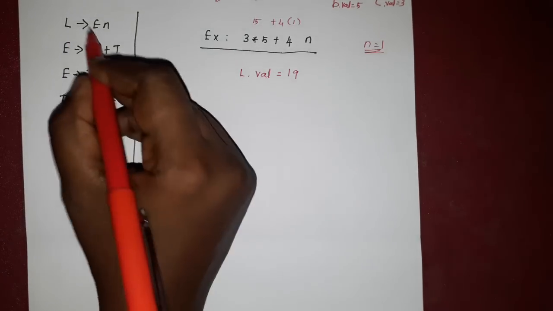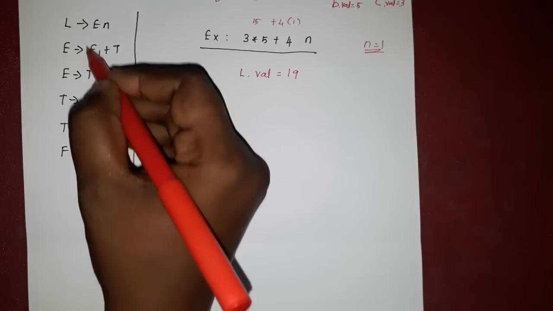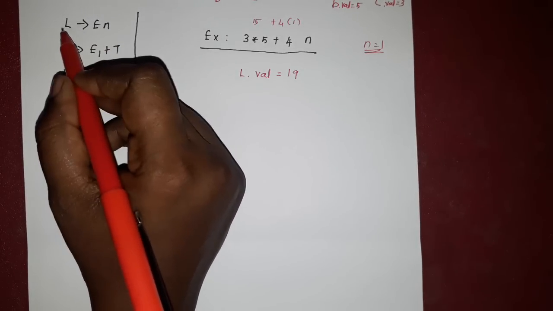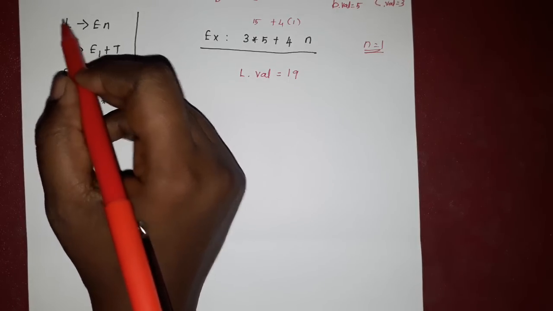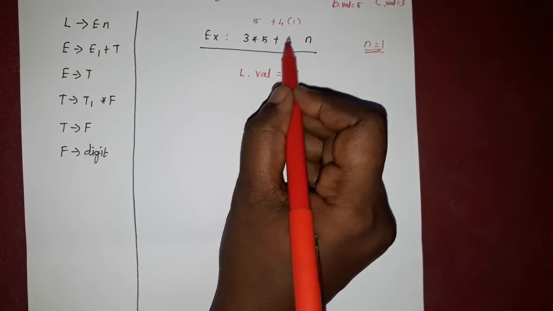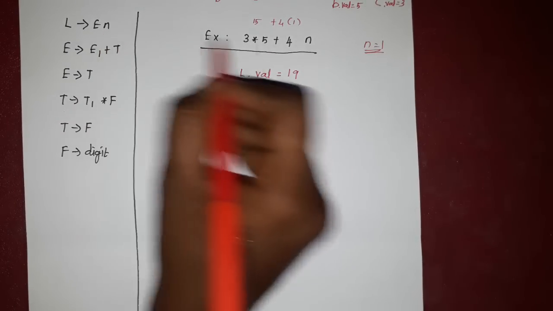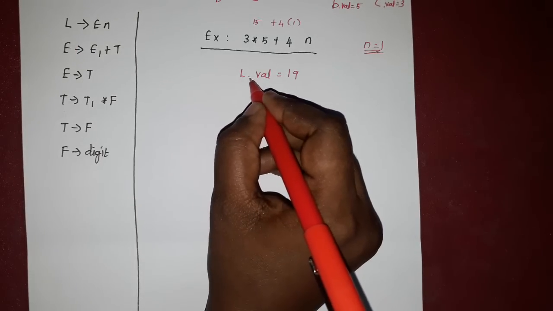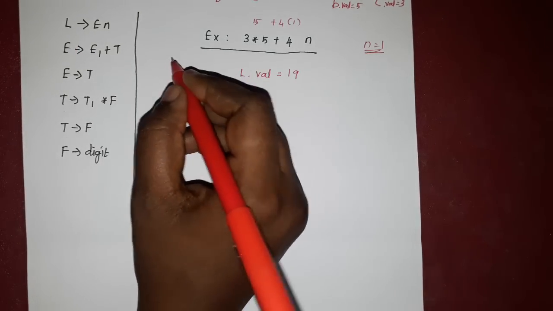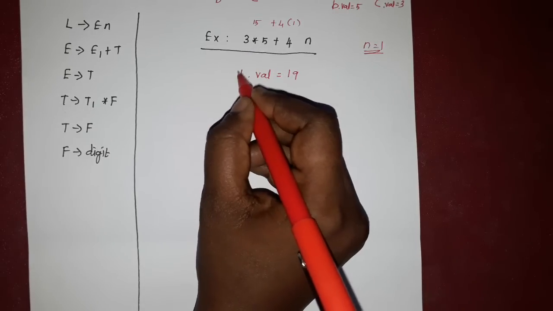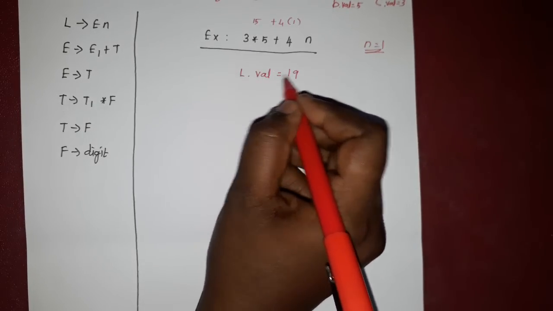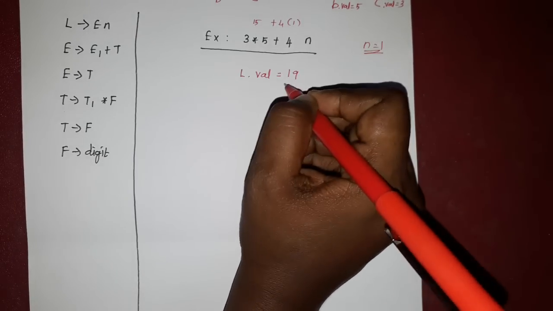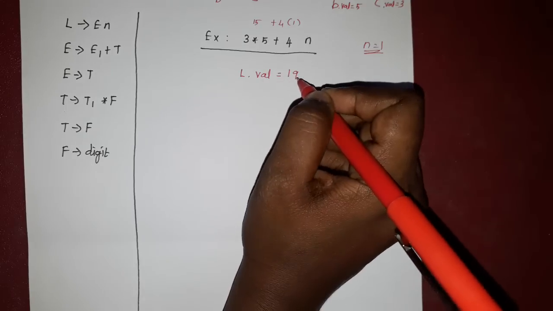I once again repeat, here we are going to compare this expression with this grammar symbol. The first production is E n. It can be evaluated and stored in capital L. So capital L is the root node. Here E is 3 star 5 plus 4. This is the expression value and this last n indicates this n. So it can be evaluated and stored in L. Why are we writing L dot value in this sense? This is the annotated parse tree. So it specifies the value of the attribute L. So we can write L dot value is equal to 19 and we will put 1 for n value. So then only the expression value is 19 and